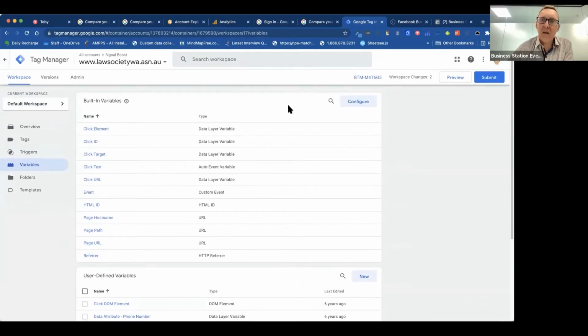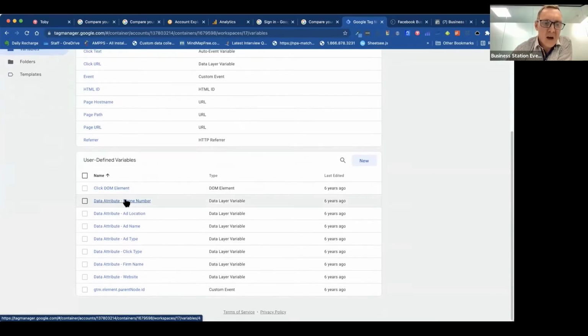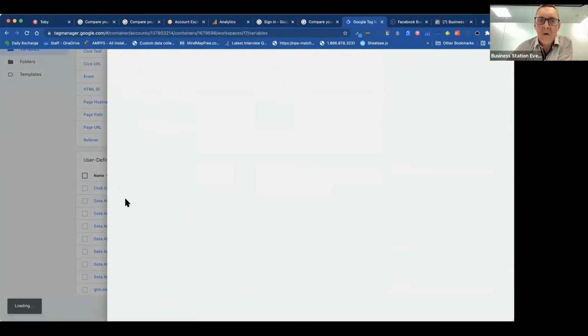So the standard built-in variables within Google Tag Manager. When we click on an element on the page, we're looking at its target of where it's pointing to, whether it's opening in a new tab or current tab. It might be particular text. And then these data attributes, if I open one of these up, hopefully it will give us